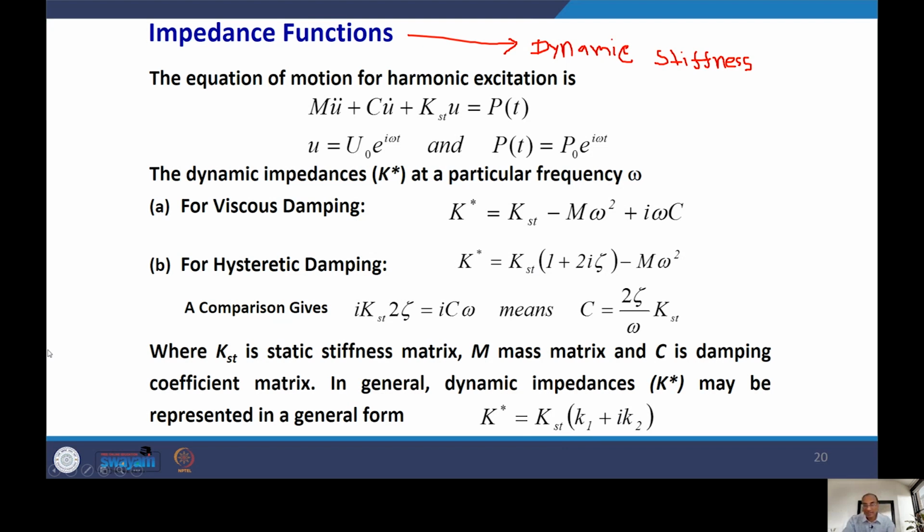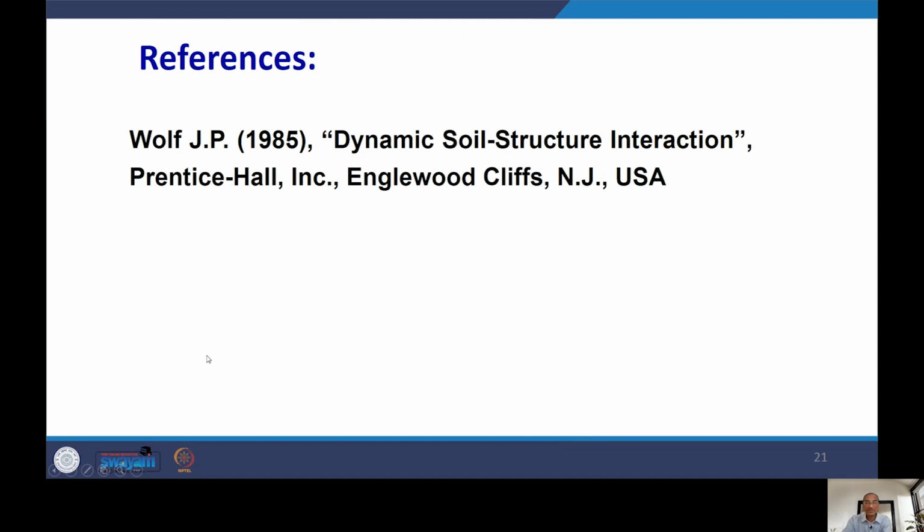In the next lectures we are going to talk about the difference between the different types of damping, and that is very important for soil. Most of the material has been borrowed from this book, titled Dynamics of Soil-Structure Interaction, Prentice Hall, Englewood Cliffs, USA, published in 1985. As mentioned in the last lecture, this is a very fundamental book